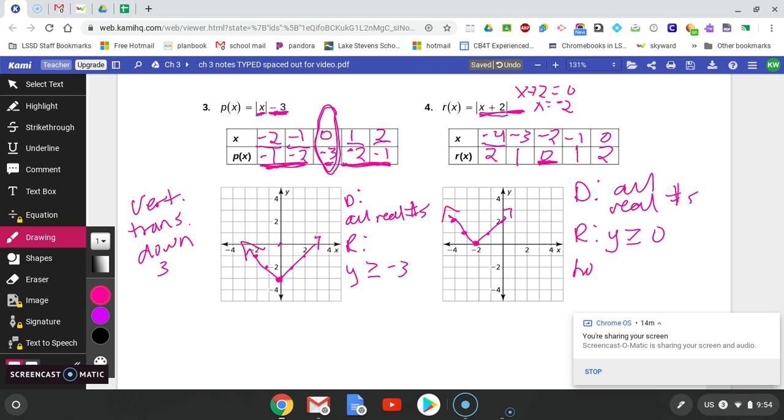So this would be a horizontal translation left 2 because it was inside and it's the opposite of the direction you think it would be. You can also see the vertex is shifted left 2 from the original. All right, take a second, write your